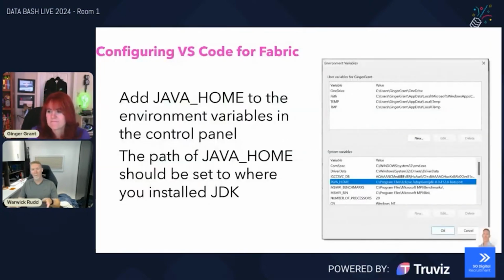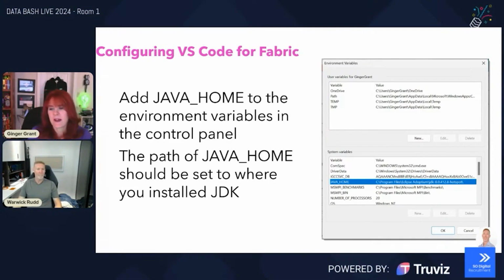And so once you've got that initial stuff started off, to make your life easier, we do need to update the Java home environment variable, put in that path so that it points back to the JDK that was installed that Ginger mentioned just before. And so we're just stepping through this because we want you to have the details to be able to go away and do this at home for yourselves. What's the next step, Ginger?